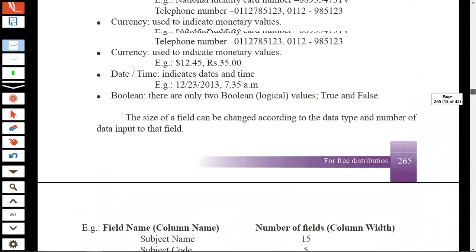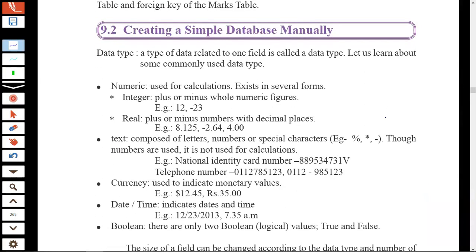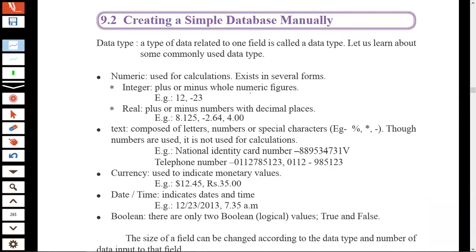Today we are going to talk about data types, the data types that we are going to use in tables. There are columns or fields in the tables. We know that to enter data, we have to validate data also. So we have to keep data in a similar format.